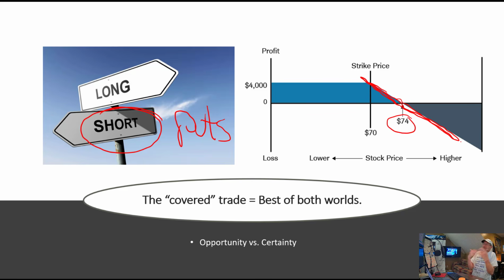Now, again, this might be a company that we think is going bankrupt, that we think maybe is going to zero. That's all well and good. Lots of opportunity there, no certainty. And so to engender a little bit of certainty into the trade, we could sell a covered put down here